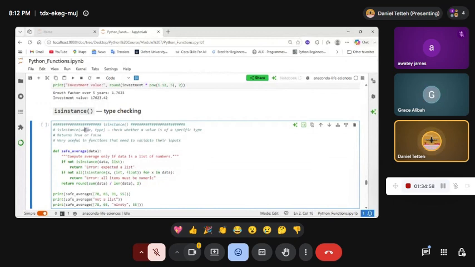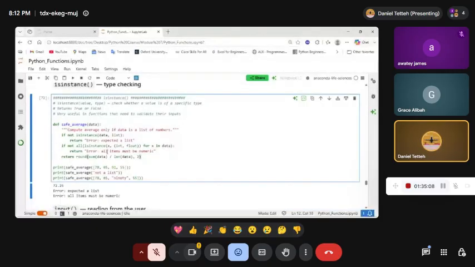Here you did not provide a list, and so Python will say error, expected a list. Okay, and the last isinstance is: if not all(isinstance(x, (int, float)) for x in data), return error: all items must be numeric. What it means is that